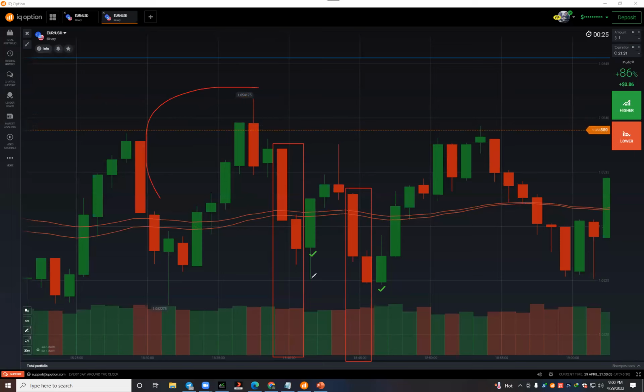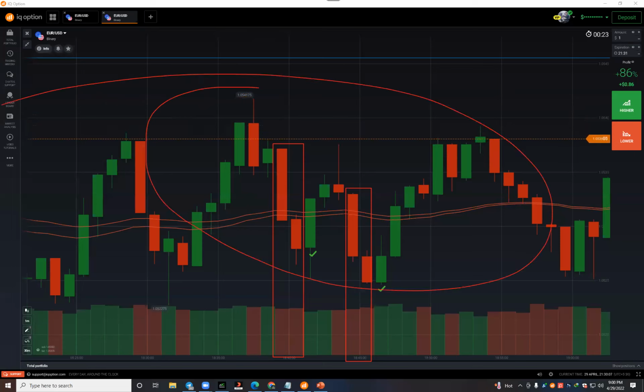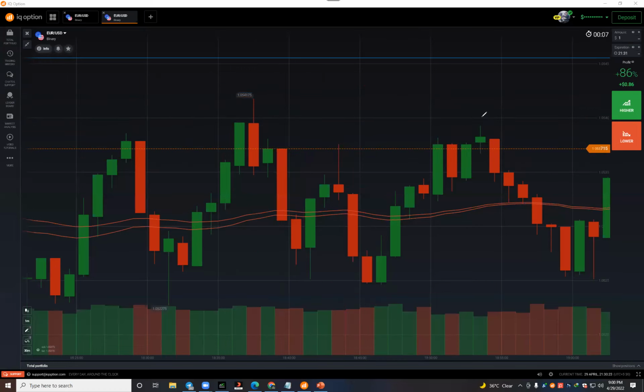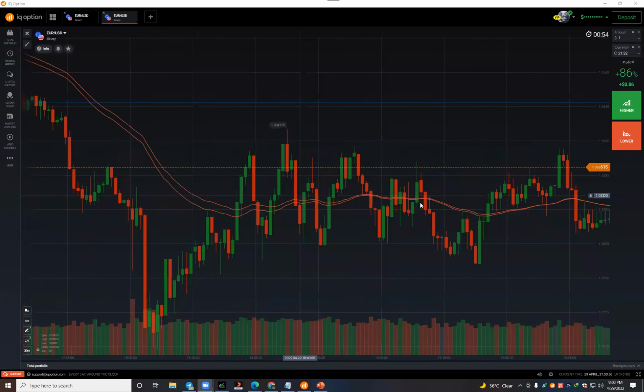In a ranging market, there is no trend. It is clear-cut that 3 to 4 candles move up, 3 to 4 candles move down, 3 to 4 candles move up, 3 to 4 candles move down. That is the concept of the ranging market. But in a trend market, more than 8 to 9 candles move up, 3 to 4 move down, 8 to 9 move up again. That will be the trend. So in a ranging market, there are many reversals, and the anomaly will work for you much more than in a trending market.